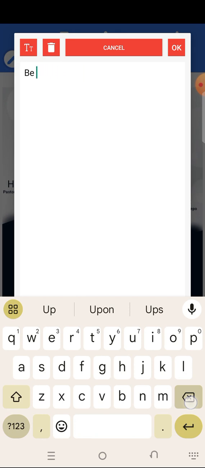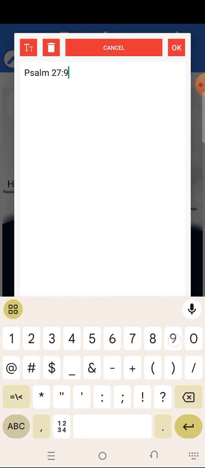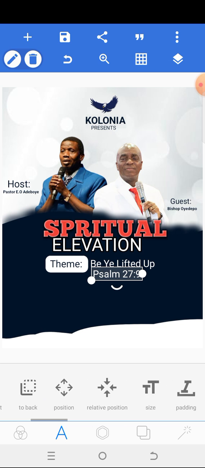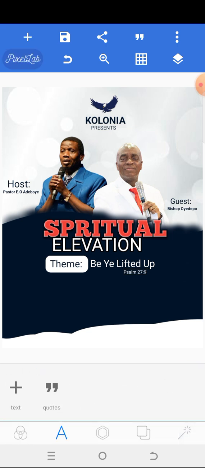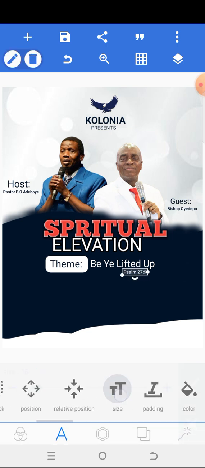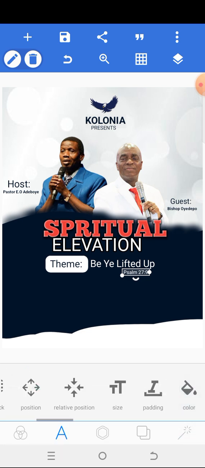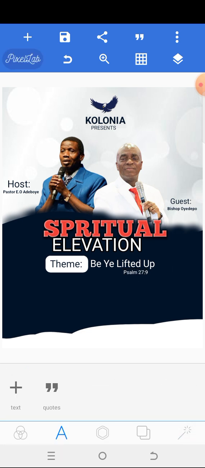Psalms 27 verse 9. Then you reduce the size, position it to the right. Okay, just increase the size a little bit. I need a horizontal line to just define this place. So let me end this video and